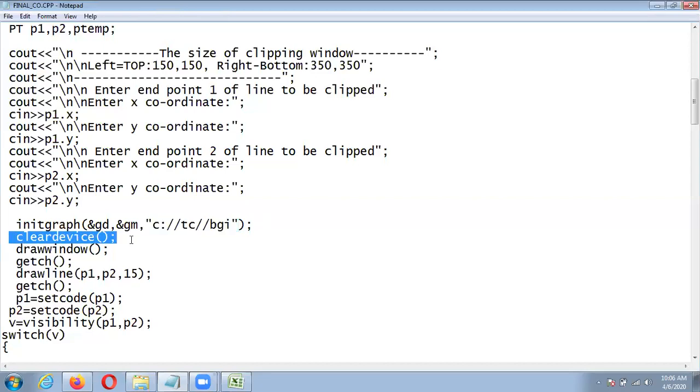So what is clear device? This is also an inbuilt function, just like our clear command. It will erase whatever is displayed on the screen. For this program we required a lot of the screen, so we are using clear device.